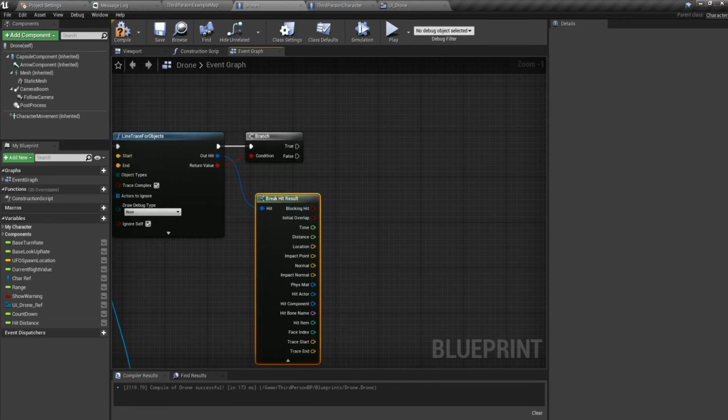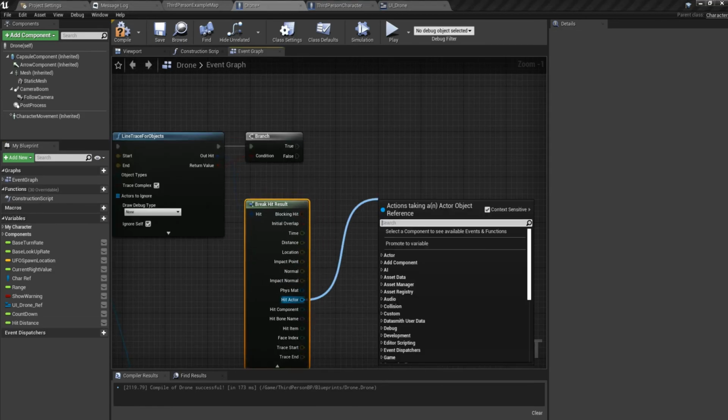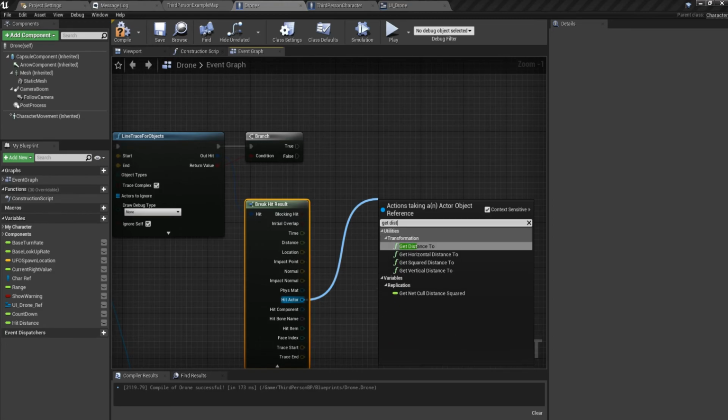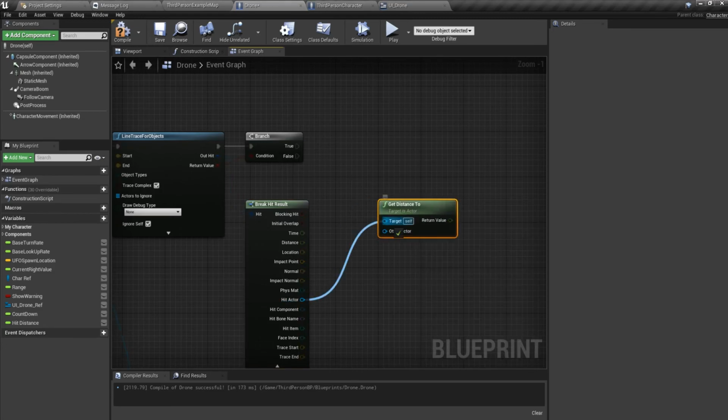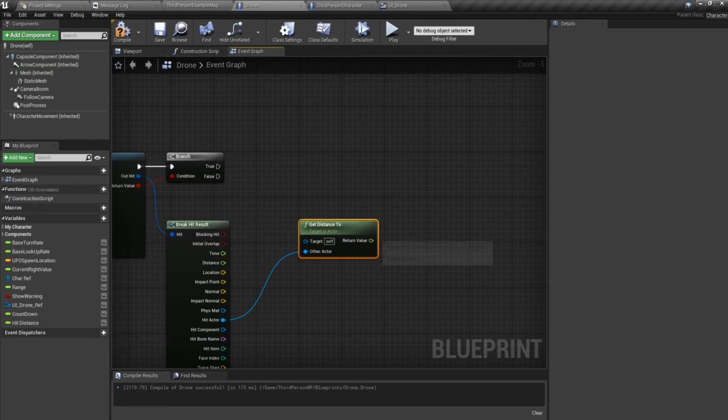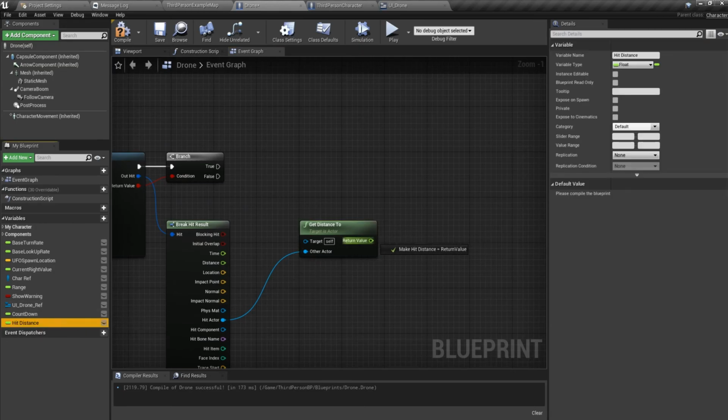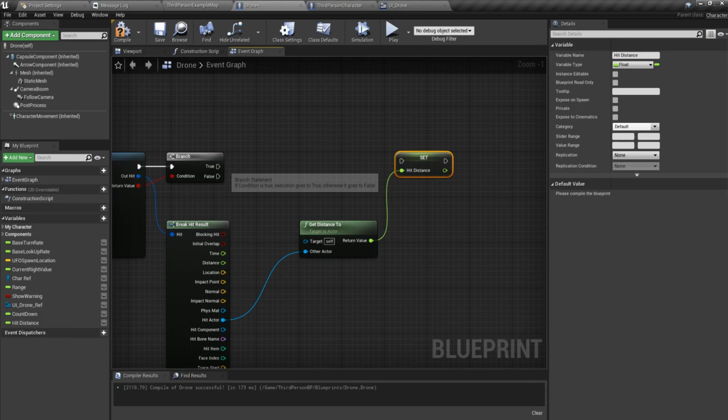We want the hit actor, and we want to get distance to the other actor, and this is the hit distance,